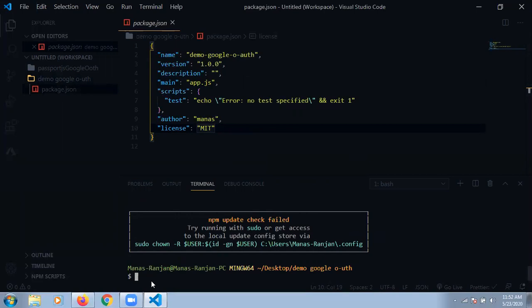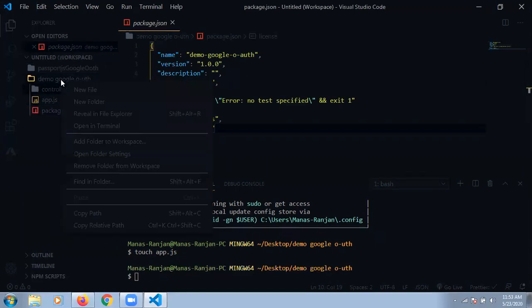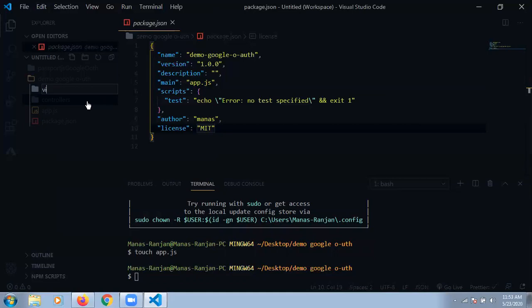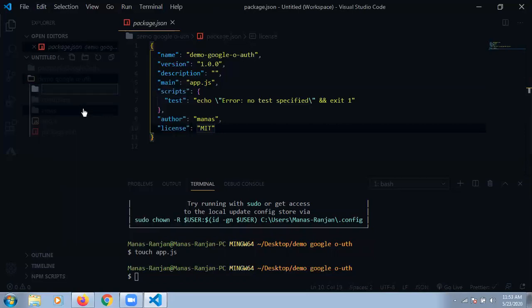First of all, we have to make an app.js. This is the basic. If you guys like the MVC pattern, I'm going to make an MVC pattern also. I'm making three folders. The first one is controllers, the next folder is views, and the third folder is models.